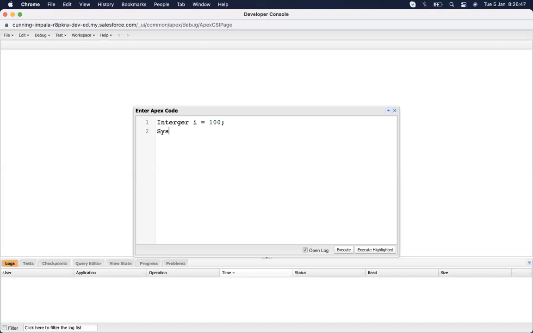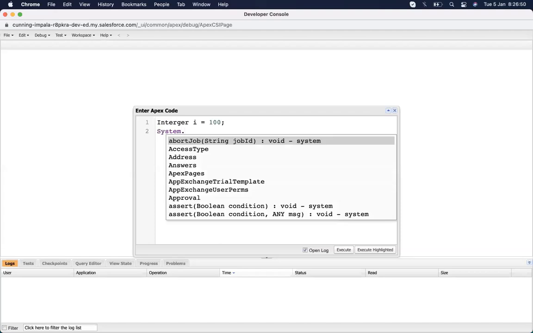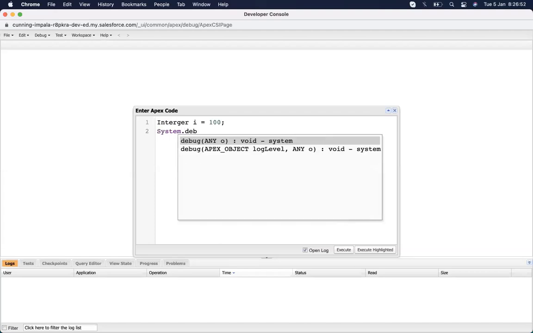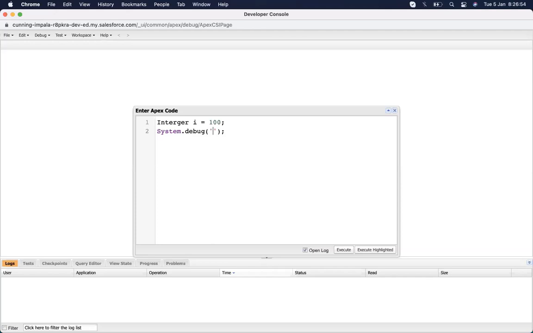I'm putting a debug statement, which is similar to what we have done in our previous languages: debug prints a particular statement in a log, in order to check where we are and what the value of something is, or whether our code is running properly or not. Whenever we have to check what is going on, we need to use System.debug.